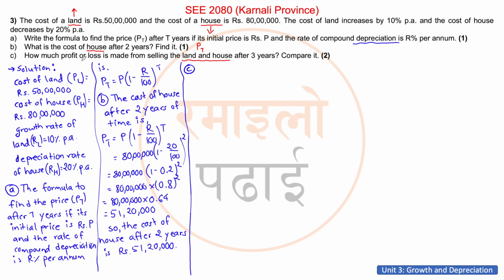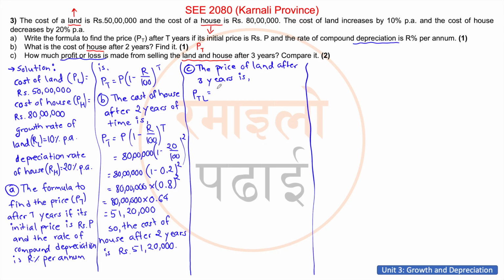How much profit or loss, we need to find out if it was profit or loss, is made from selling the land and house after 3 years. So first of all we need to calculate the price of land after 3 years and then calculate the price of house after 3 years. So let's start to calculate the price of land after 3 years. The price of land after 3 years is